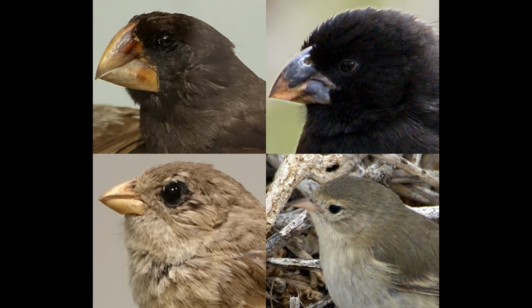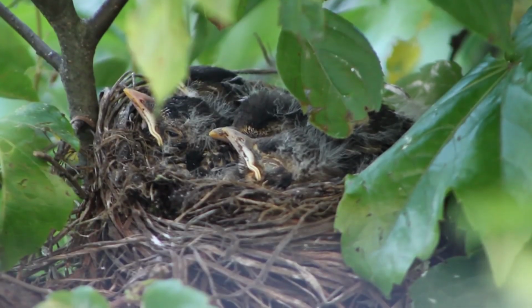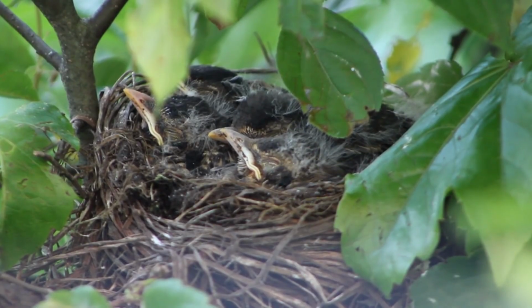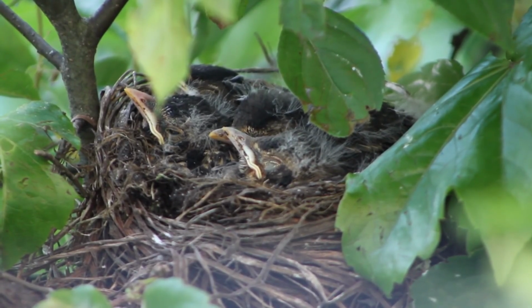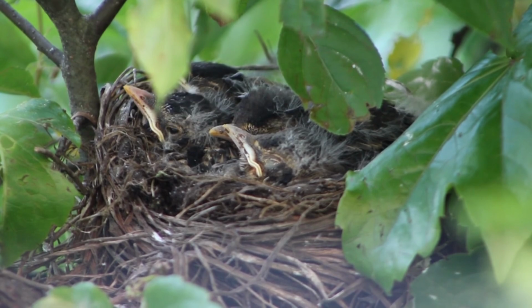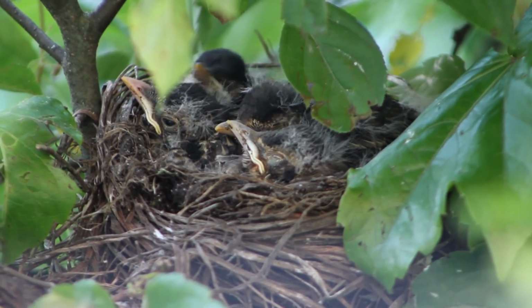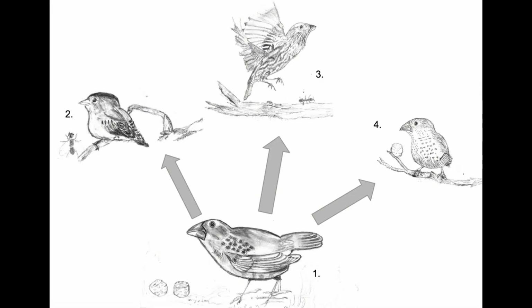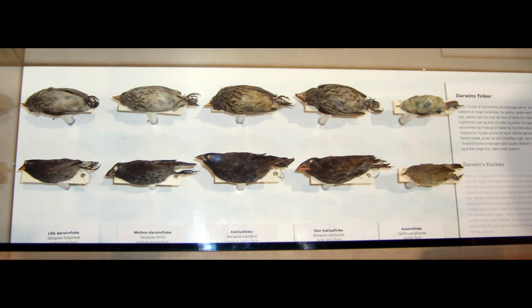Birds with deeper beaks were better equipped to open the hard seeds. They survived, had babies, and passed those deep beaks on to the next generation. Nature, through the drought, had selected for deep-beaked birds. That's survival of the fittest, not the strongest, but the ones best fitted to their environment.